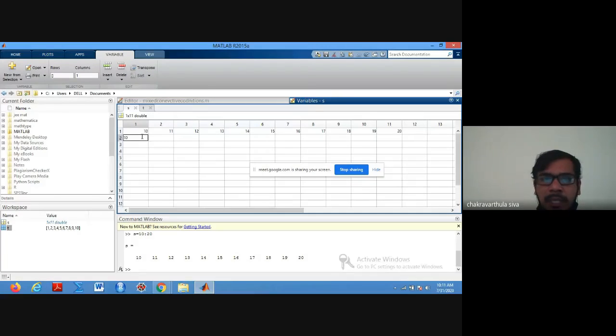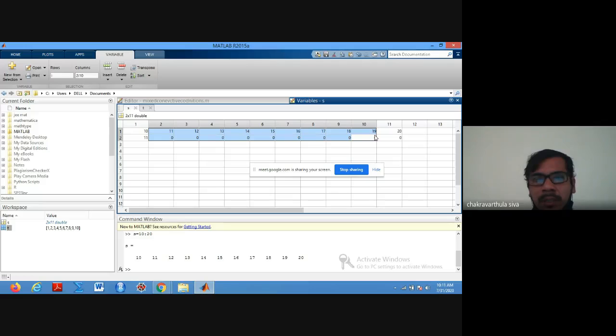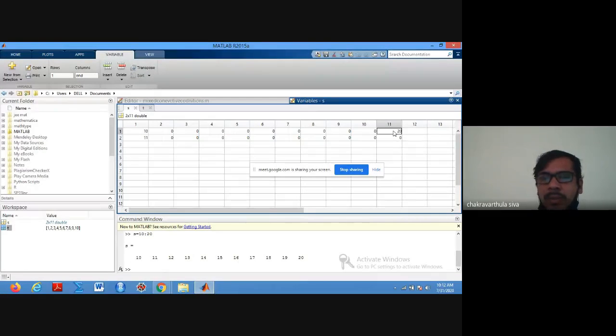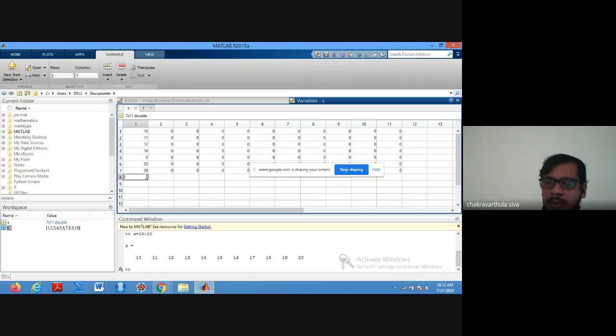Okay, some data I'm generating here randomly. Generating some data. So here some 11, 12, 14, 15, 18, 20, 25, 26, 30, 35.